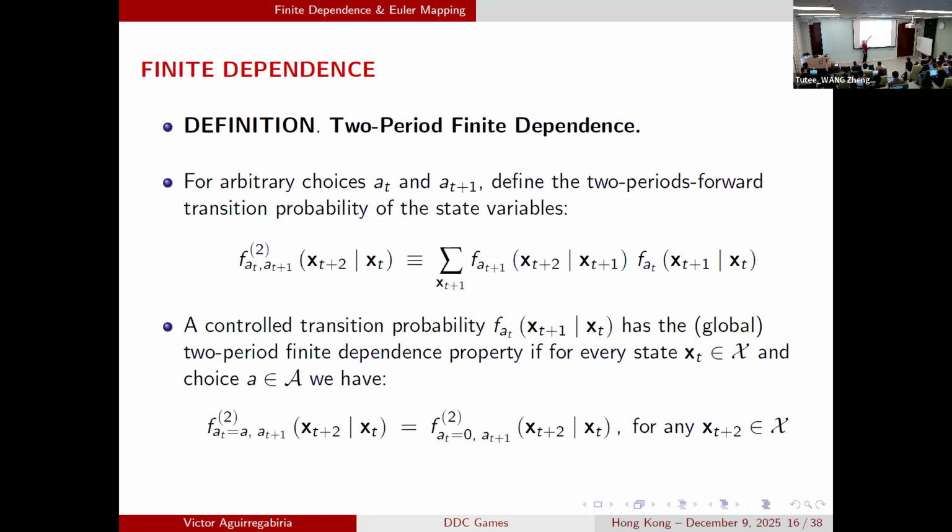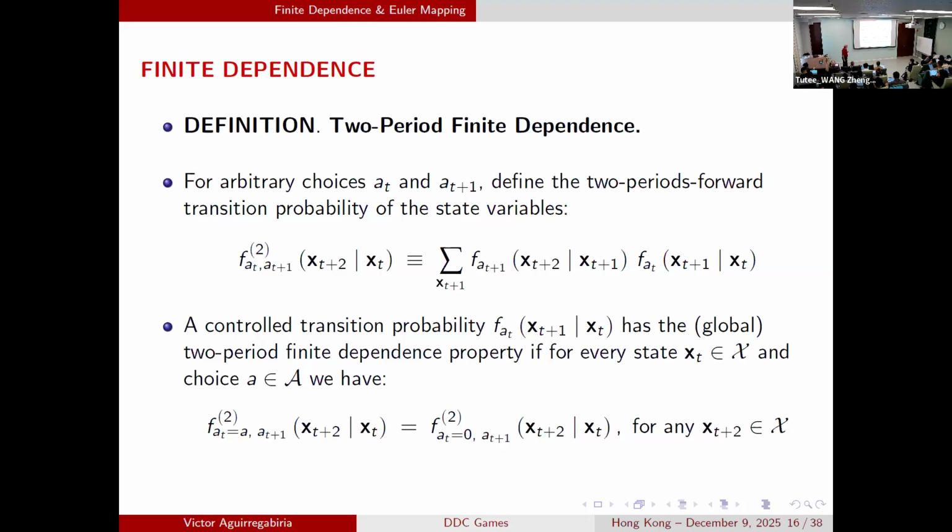Given that we are at the state xt today, at period t, what is the distribution of x two periods ahead, given that we choose an alternative A at period t and some other arbitrary choice alternative at period t plus 1? Okay? Then this, by definition and our Markov assumption, is a convolution of transition probabilities at period t and transition probabilities at period t plus 1. Okay? Then we say that we have a two-period finite dependence property if,